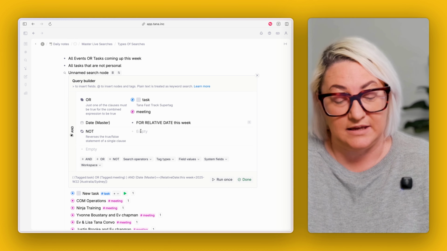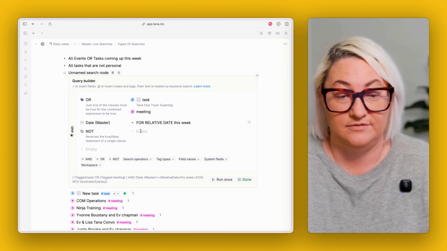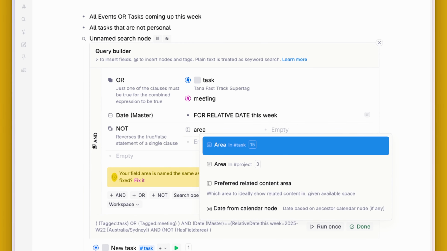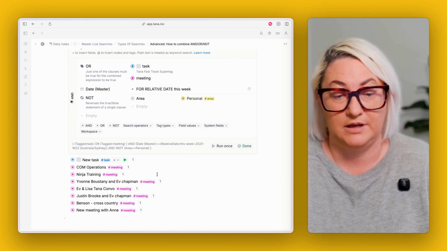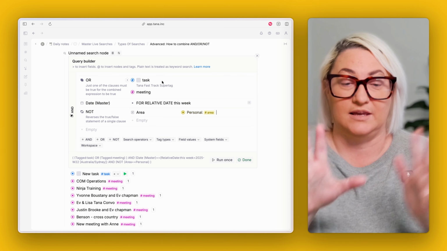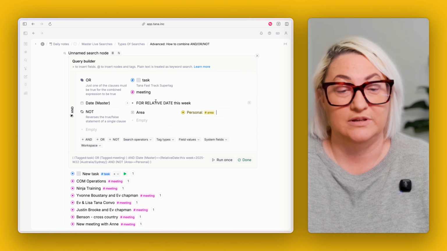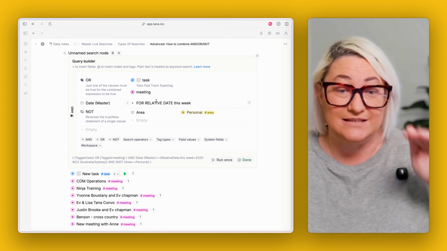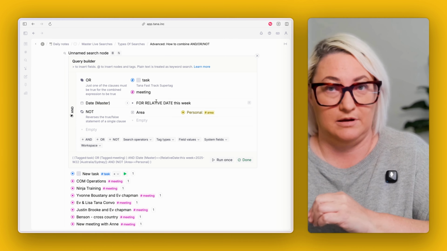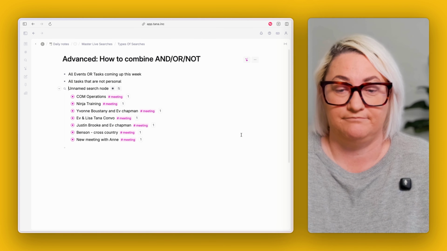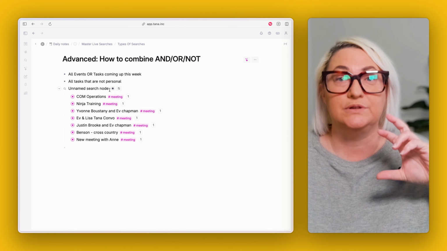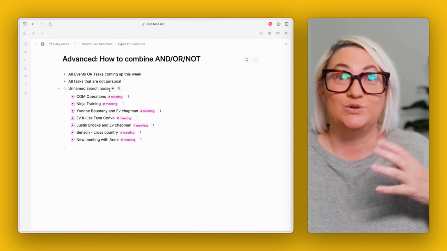And then in here, I would have a field, which is area and personal. All right. So then this is searching for anything that is a task or a meeting. Okay, because everything's in this OR box. We're looking for anything that has a relative date this week, but it's not the personal area. And if I run that, I remove that. Okay. So that's kind of how you start to combine all of those different things together to create some of